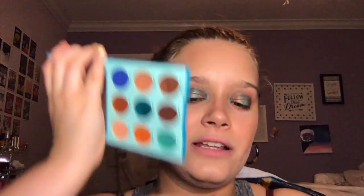I don't think I got to speak much on what I feel about this palette before I delved into the look, but this is such a great palette. It really is, especially for beginners just getting into testing the waters with color, because it's mostly everyday neutrals, and then you have this row right here of pops of ocean colors, and then this more yellowy gold. And it's got depth for deeper skin tones. Sure, this transition shade probably won't work on deeper skin tones, but